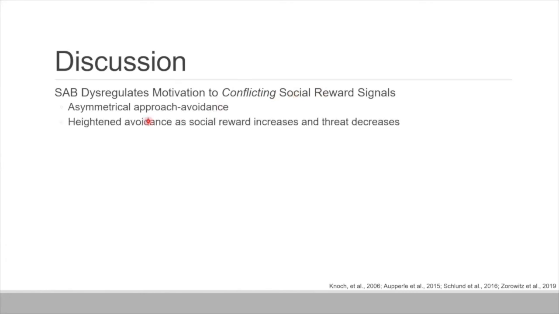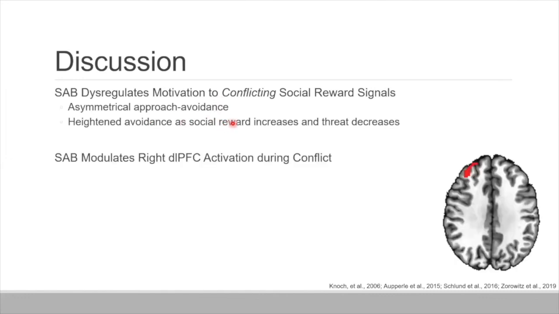Again, we see heightened approach as social reward increases and threat decreases. So it really does seem like there's something about when you mix social reward with social threat, specifically when you have more social reward compared to social threat, but there's still a little bit of that social threat signal in there, that's where you start to see the associations with social avoidance behavior. So there's something about these predominantly happy, but also a little bit angry faces that really seems to dysregulate motivation for socially avoidant individuals. And at the neural level, we see again, right DLPFC tends to be what's associated with